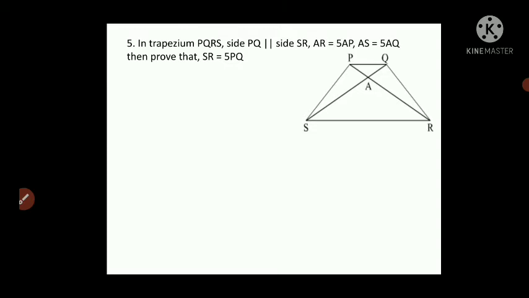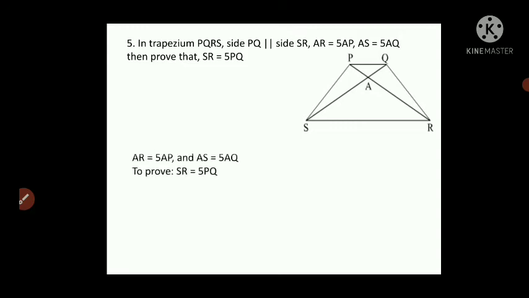Now see, remember in quadrilaterals, maximum times whenever a quadrilateral or trapezium is given, you have to use the property of parallel lines and the transversal, means you get alternate angles, corresponding angles, all those properties. And also whenever a diagonal is given, you can see here PR and QS are diagonals. So at that time you can use vertically opposite angles. So one you can use vertically opposite angles, another will be corresponding or alternate angles.